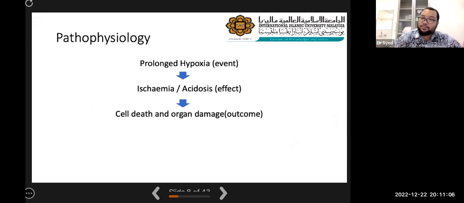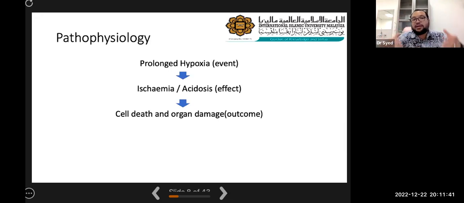Ataupun contohnya apa? Macam cord prolapse. Kan, cord prolapse, prolonged second stage, apa lagi? So there's so many other problems yang boleh result in hypoxic ischemic insult in a baby. Ataupun baby tu at birth dia ada huge mass, huge tumor. Ataupun airway dia obstructed. So airway obstruction causing hypoxic ischemic insult in a baby. So all this can result in hypoxic ischemic encephalopathy.